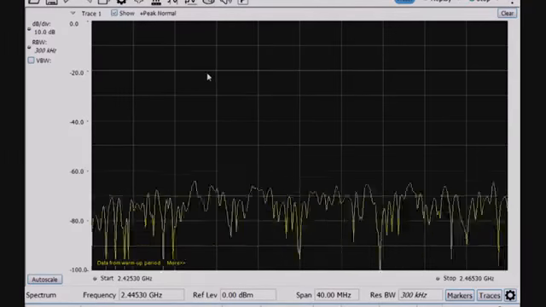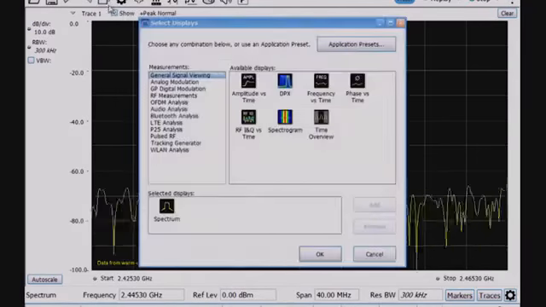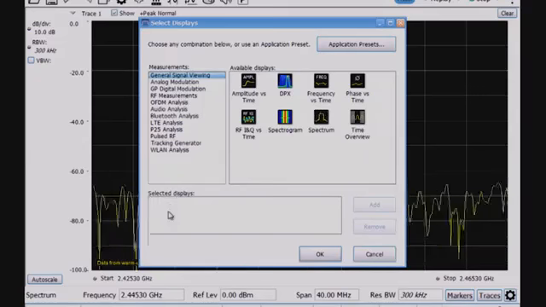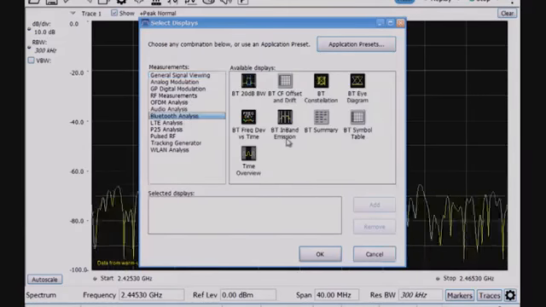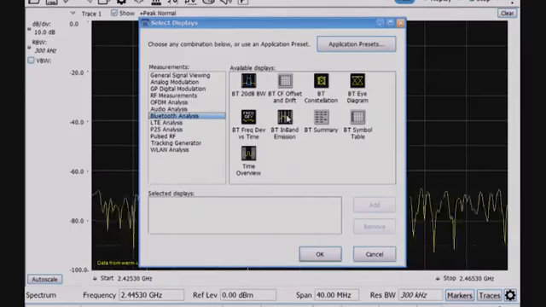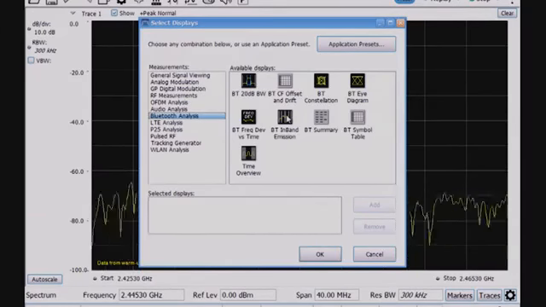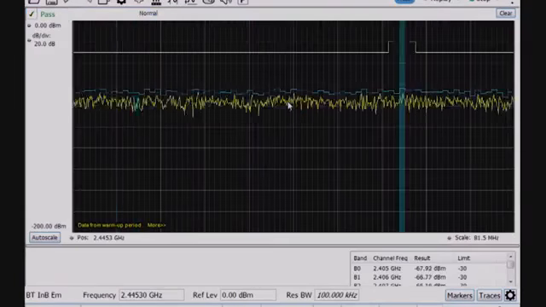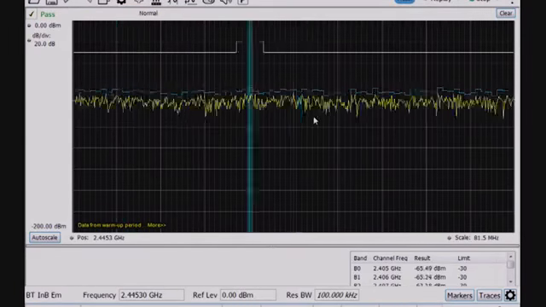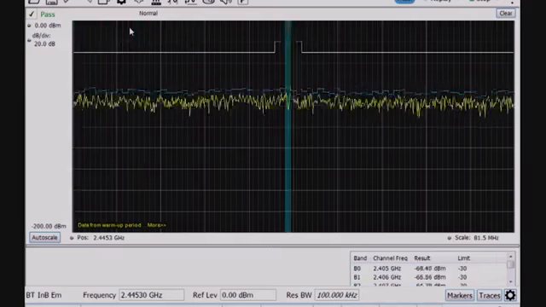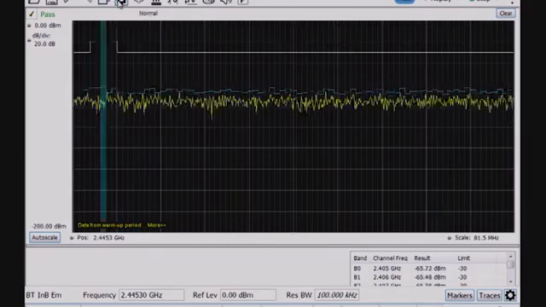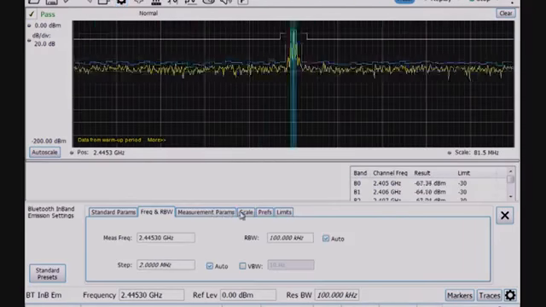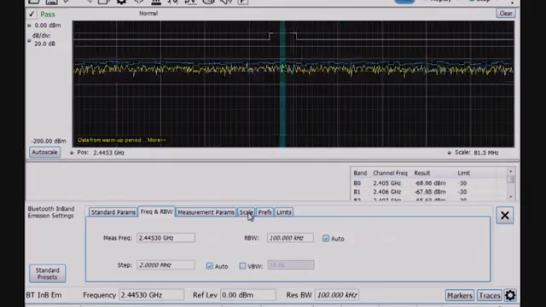So let's get started. For the first test, I'm using SignalVu-PC software, where the displays are organized into different folders. Within the Bluetooth personality, the Bluetooth application, I've got the Bluetooth in-band emissions test. So I'm going to add that. And I see it looks like it's kind of hopping around. What I have here is a Bluetooth low energy measurement. And in order to change that, I need to